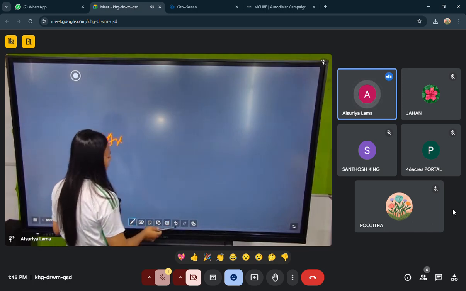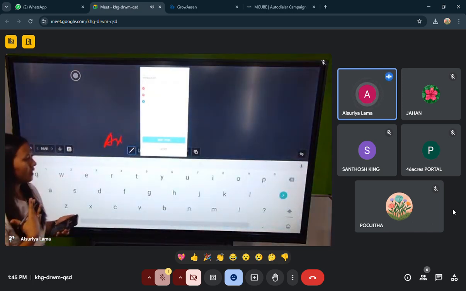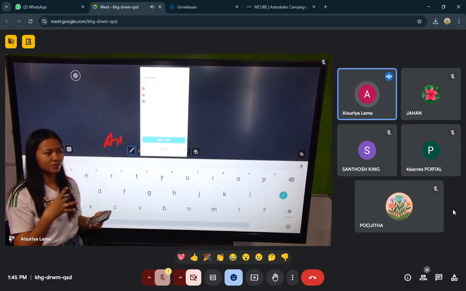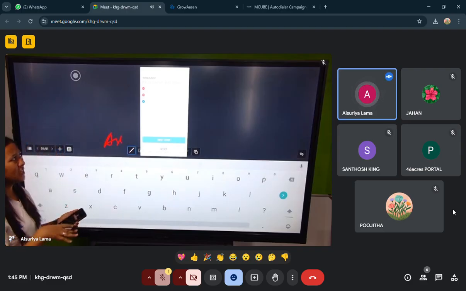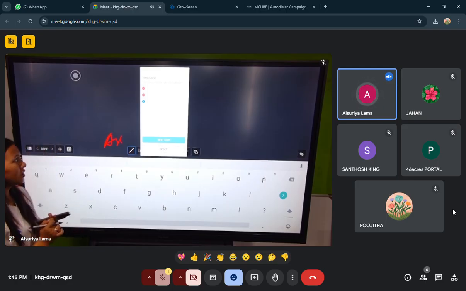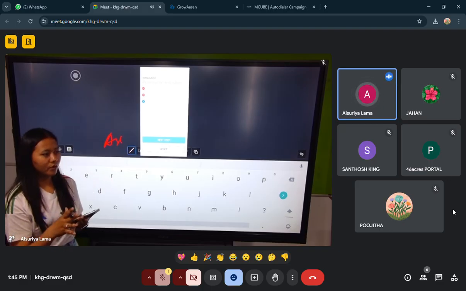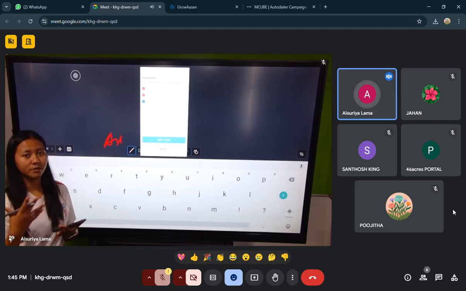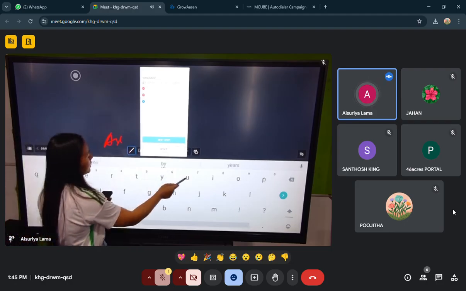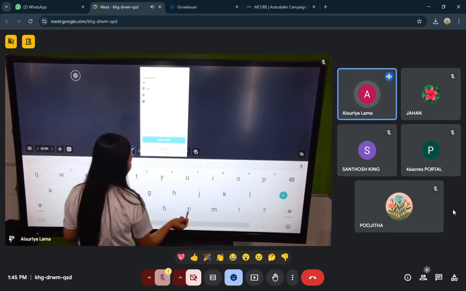Then next I have voting subject. Now voting subject is something which has a website, which can have multiple uses. You can use this for voting purposes, you can use this for multiple choice questions. For example, if you want to take any decision, like tomorrow you're going to have a meeting, so how many people are available, you can just put up the question there. Here you can write yes, here you can write no.